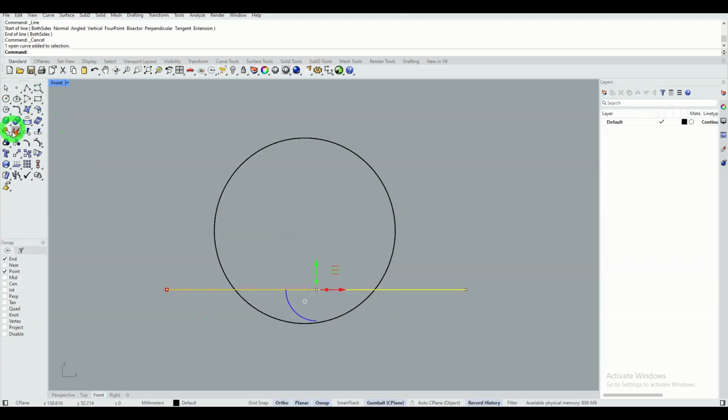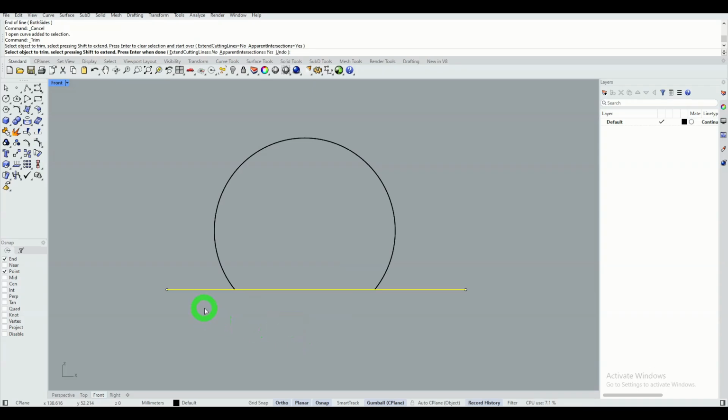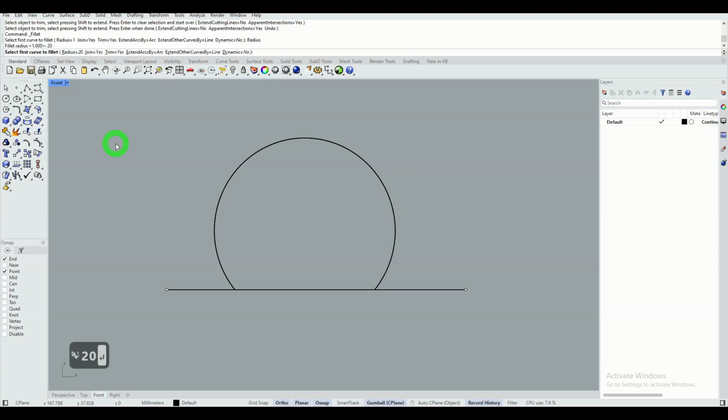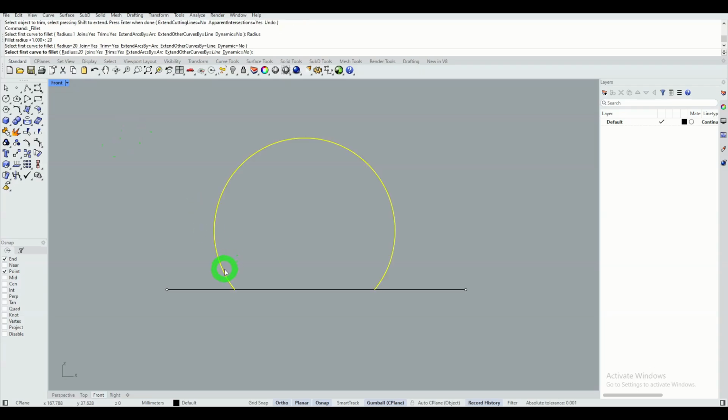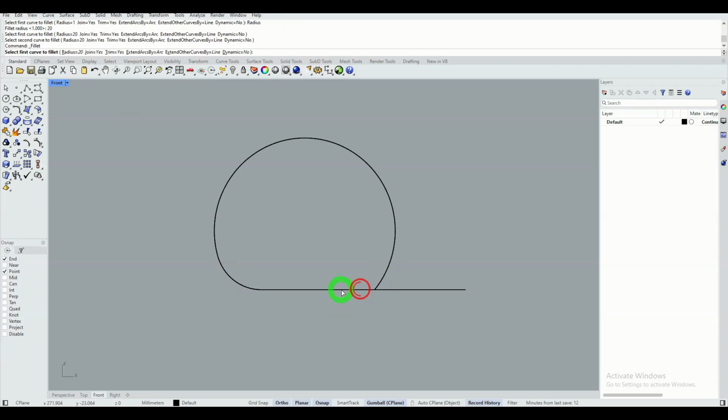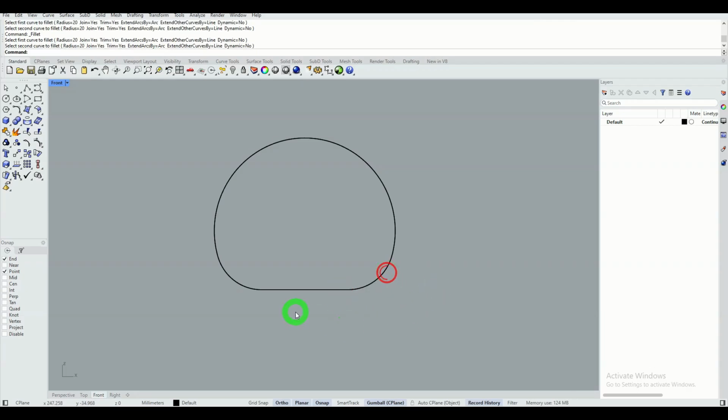I use it as a cutting object. I'll apply a fillet, for example, of 20 millimeters. And I get this object.